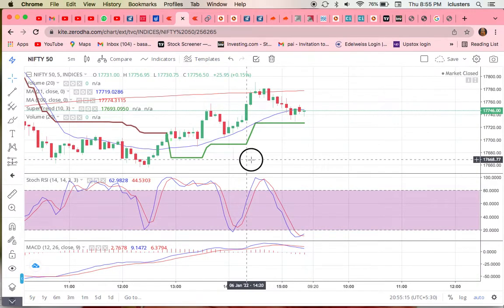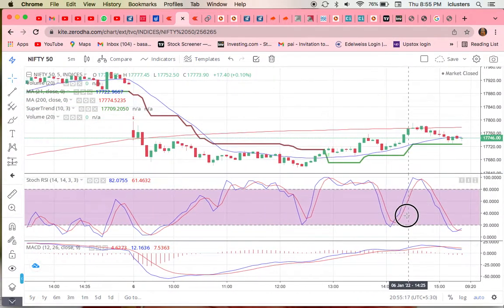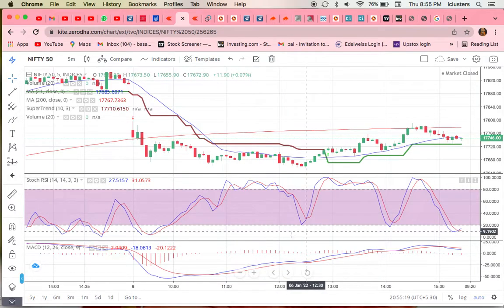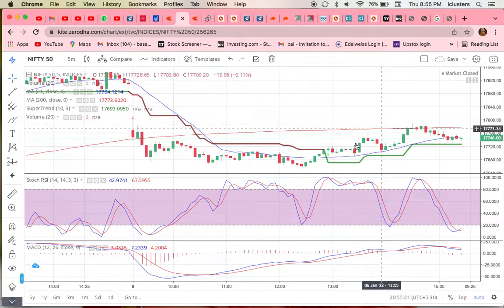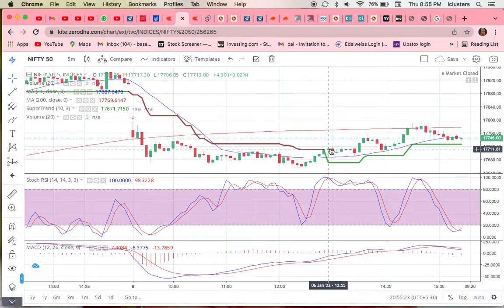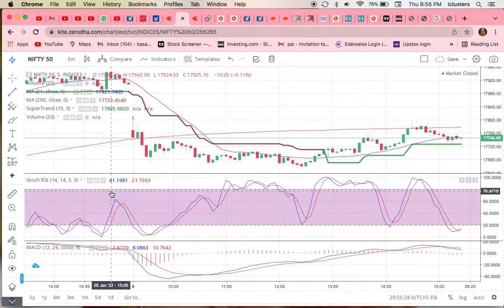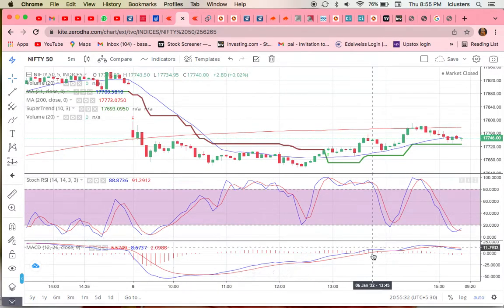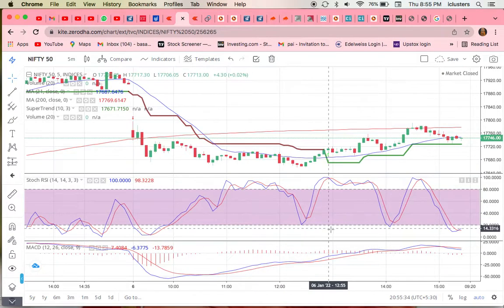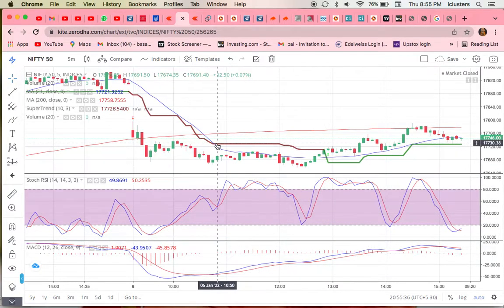So friends, these are all the indicators. Moving averages to find the price trend and for price prediction, Super Trend for downtrend or uptrend, RSI for the overbought or oversold zone, MACD line for whether the price is moving upwards or downwards, this border line. Okay. These indicators are very important.